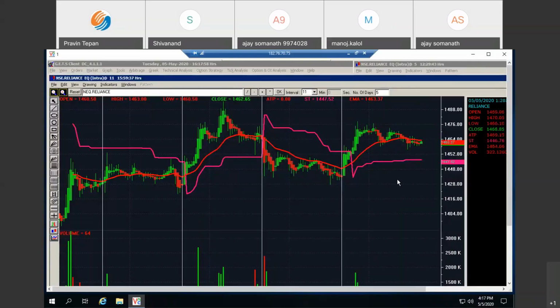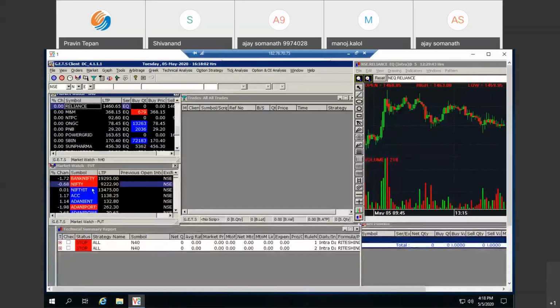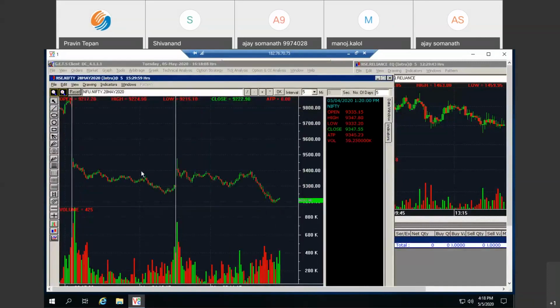Yes. So apart from these technical indicators, we have OI and IV graphs also. Let me open any other script, like Nifty. On Nifty, we will see the OI and IV chart.